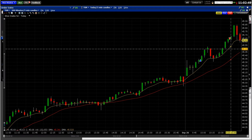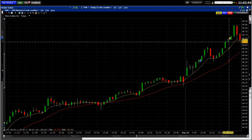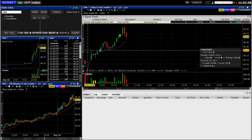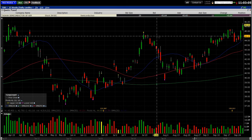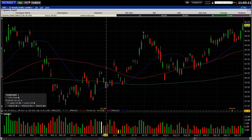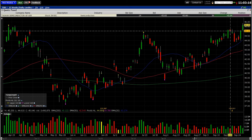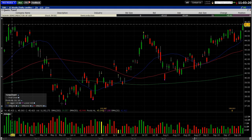And I just didn't like this gap here, this distance from the 8. I felt like it was too far. But more importantly, when I got out at 45.64, what bothered me was when you look at the moving average, or the daily candles, look at this little topping tail all the way back here. What's that high point, right? What's it say down here at the high point? 45.64. So that's exactly where I got out, because you had this little topping area, and you had